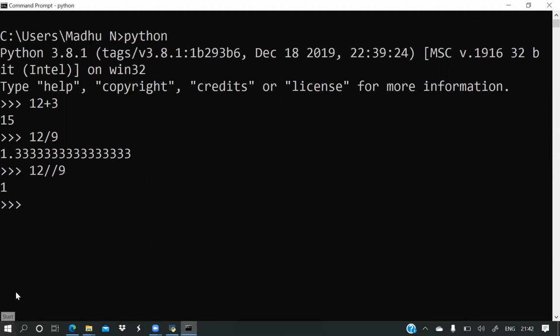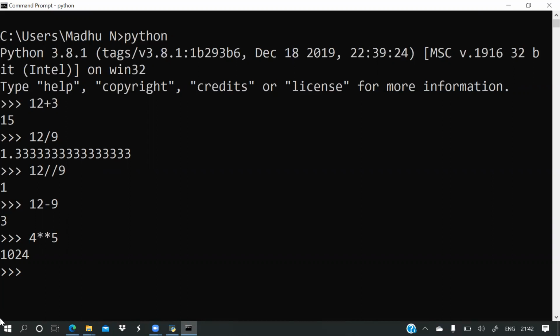Then plus, minus, subtraction, 12 minus 9, 3. Okay, power, how can you write power? 4 power 5, 1024, that we have seen in the Python shell.